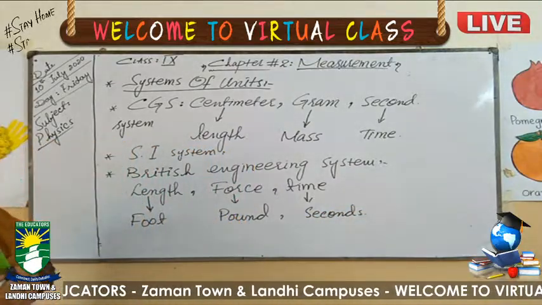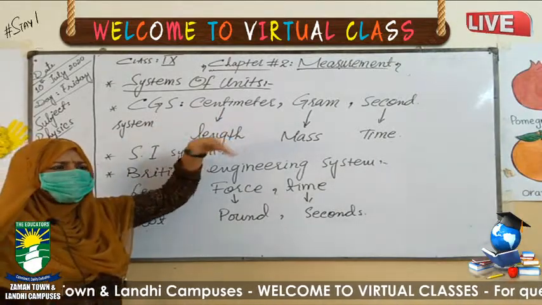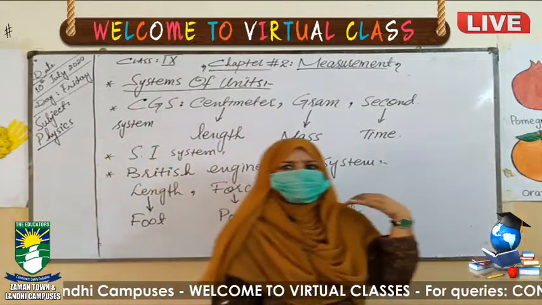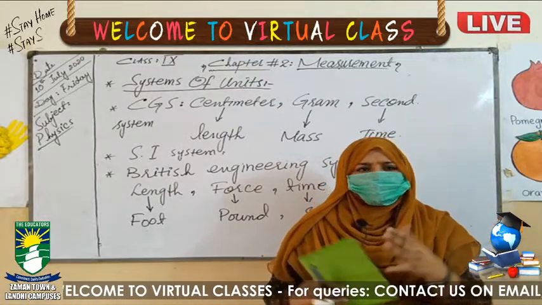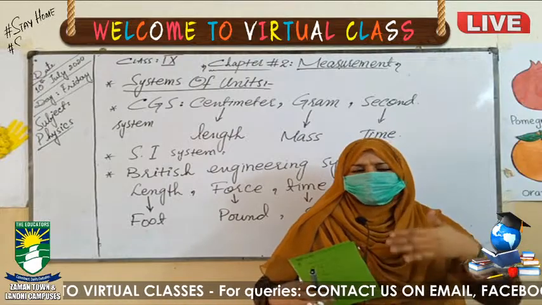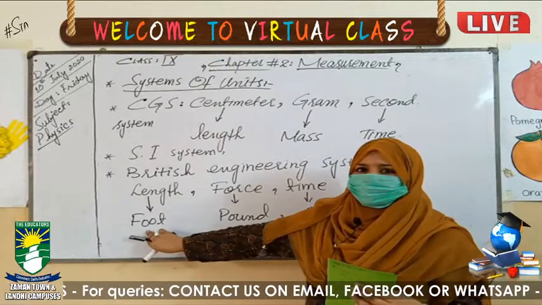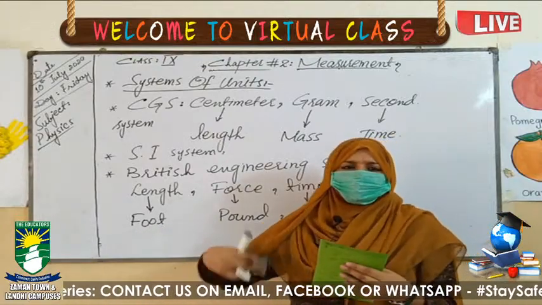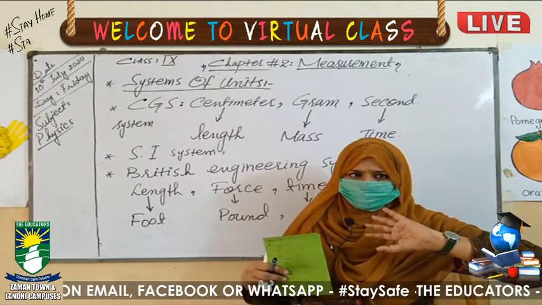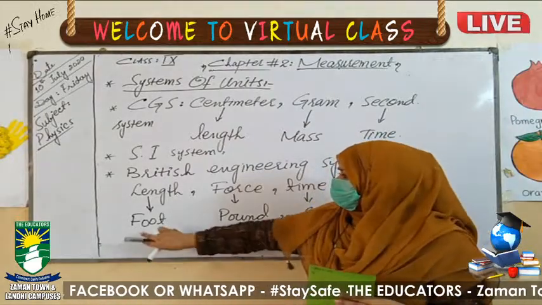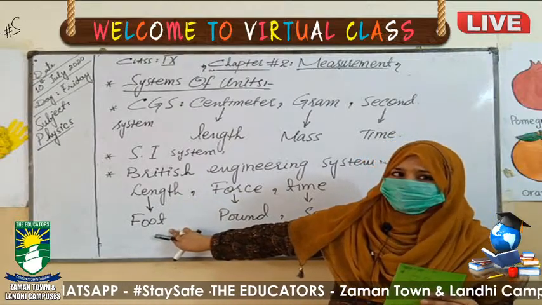Now you may be confused about why these systems exist and what is meant by the units. Internationally, we can use many measurements. Different systems were introduced in their time, according to which length would be measured in the foot, as a standard unit. If we were purchasing cloth or covering a distance, it would be measured in feet at that time. But later it was changed. It is a unit, but it is not the international unit to measure length.